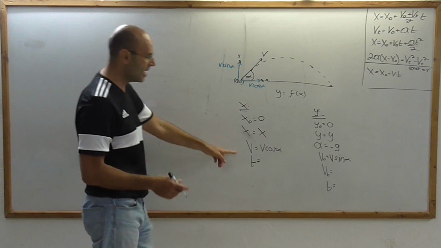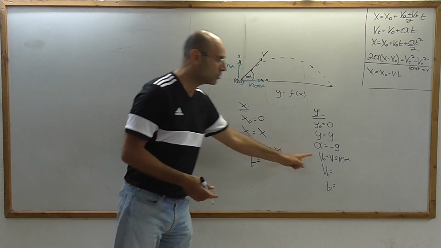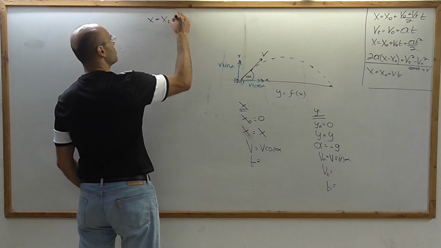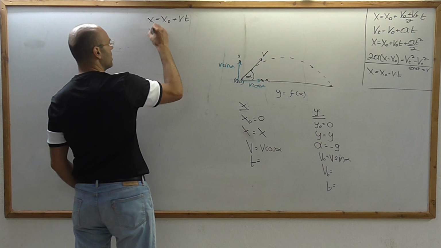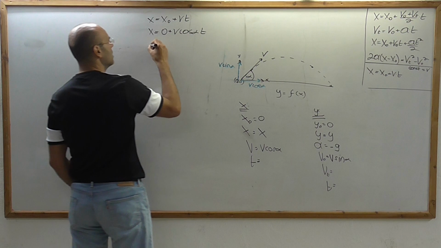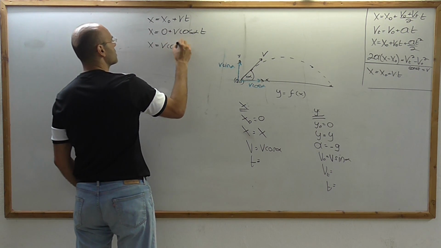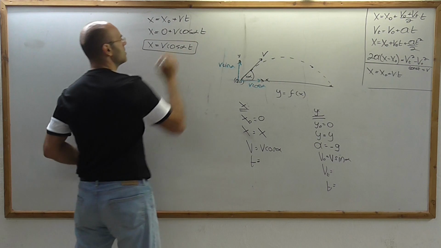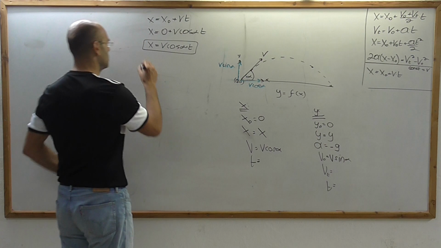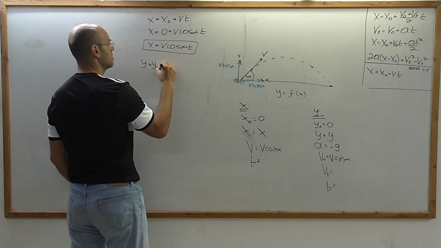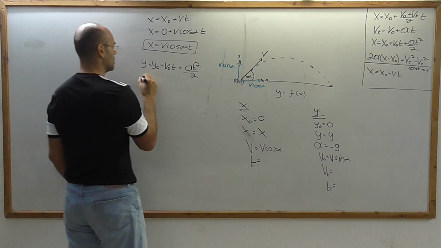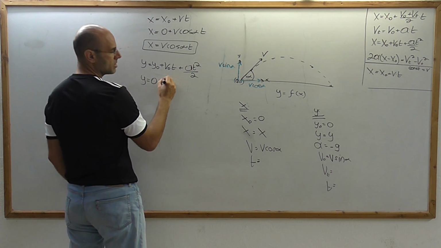Now again, the time, what combines these two axes. Let's find the time from here. I'll get x equals x0 plus vt, so x equals 0 plus v cosine alpha t. So x equals v cosine alpha t. This is what I know about the x-axis. Let's write about the y-axis. I'll choose the third equation. Okay, so y equals 0 plus v